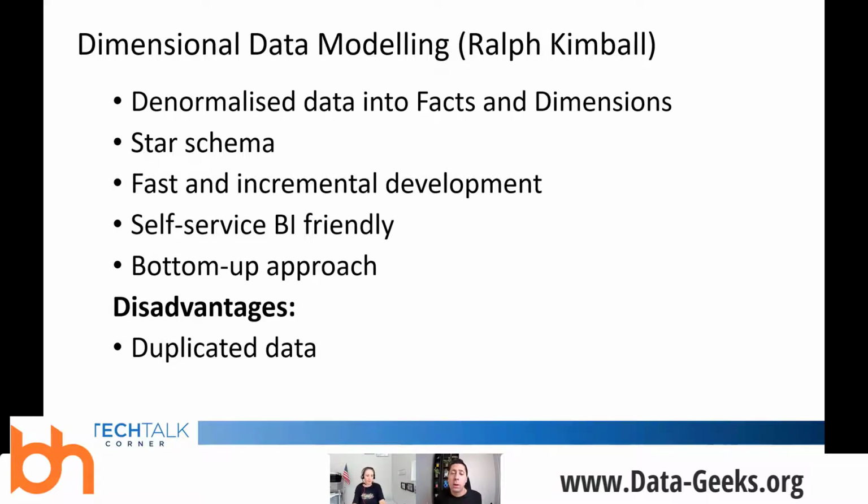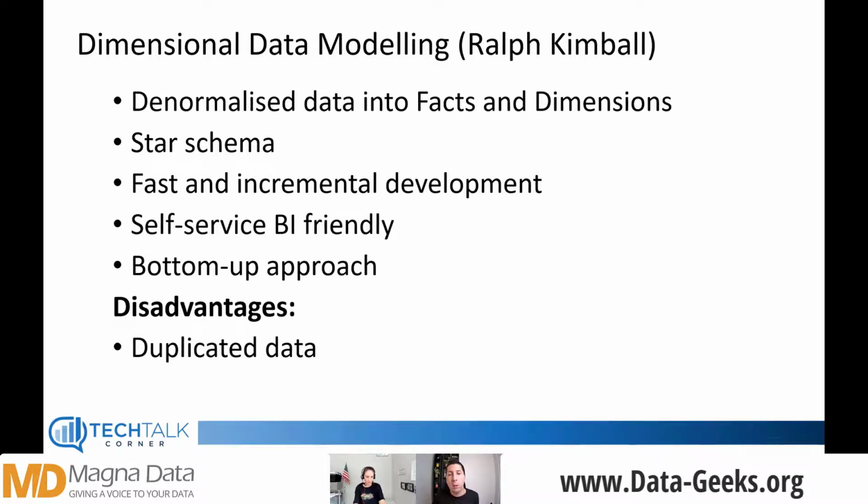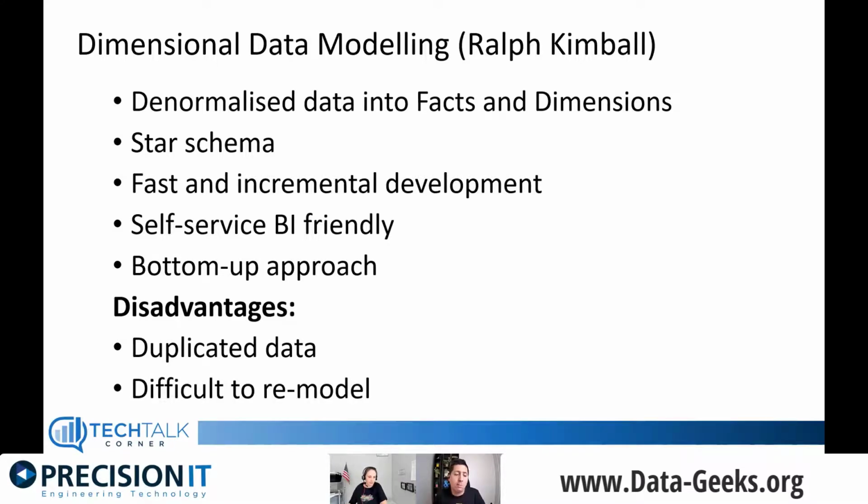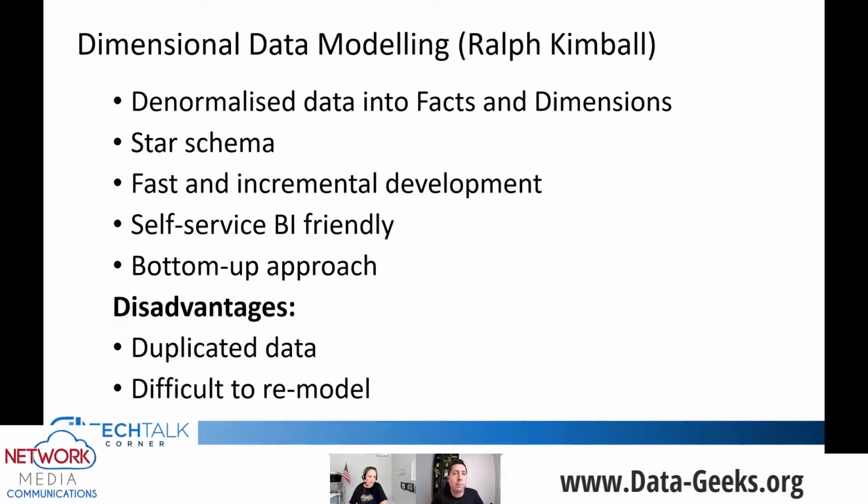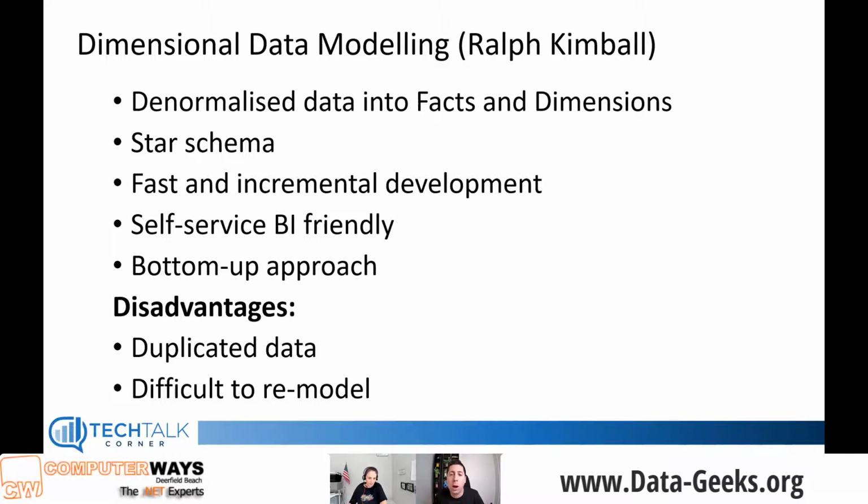Column store indices are going to highly compress that information, even if it's duplicated, especially in the case of strings. And the other challenge is that maybe it's difficult to remodel. It's true that if you have an entity, like the customer dimension, and you're planning to add more attributes, that becomes difficult to manage within dimensional data modeling, right?